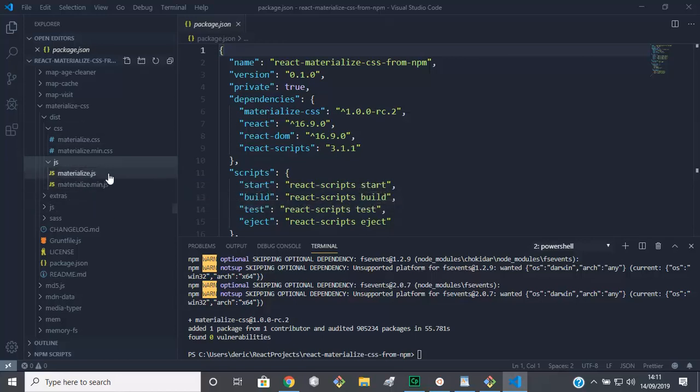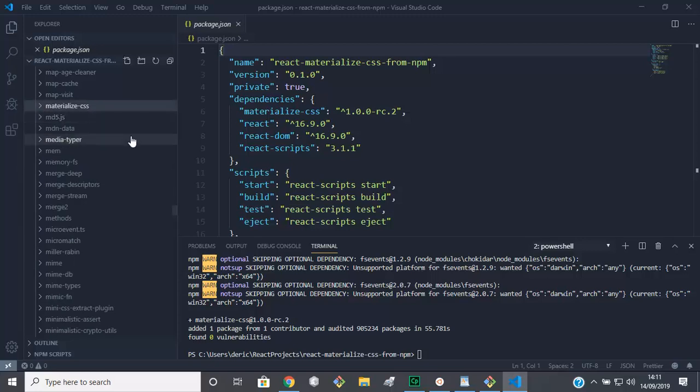Okay, so in this folder here, we've got these two modules, the ones that we're going to need, the style sheet and the JavaScript. I'm emphasizing only, so it's the style sheet and the JavaScript. Okay,